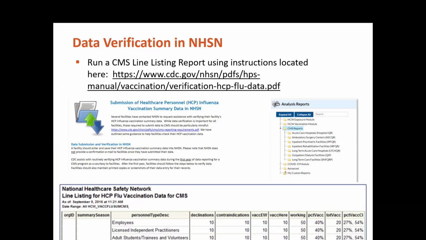Remember that by default, the results will appear in a separate HTML window. If a second window does not appear when you click the Run button, please be sure to check your pop-up blocker and allow pop-ups from .cdc.gov. Please refer to the link on this slide for the step-by-step guidance for running and interpreting this report for each